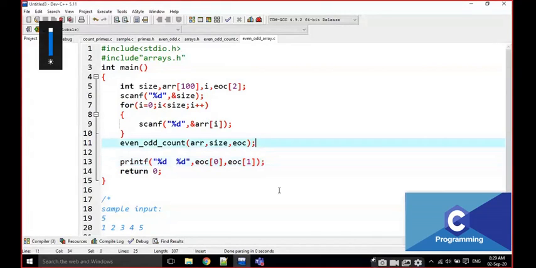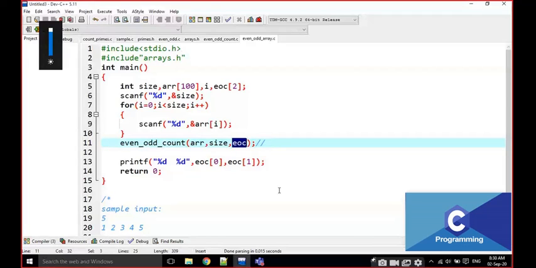Just observe. Anyone tell me what arguments I am passing here? Anyone, students? Address, size and even odd counts. This is the address of the integer array, this is the integer value, and what is this?